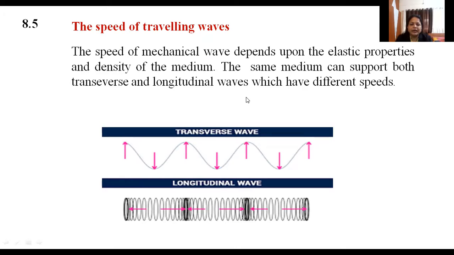that the air medium allows both these waves, transverse waves as well as longitudinal waves. And as we know, light has a different speed and sound has a different speed. Though these two waves have different speeds, the medium still supports them. That means the medium allows them to travel through it. So both transverse and longitudinal waves can travel in the same medium, though they have different speeds.